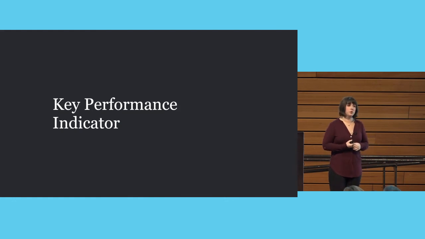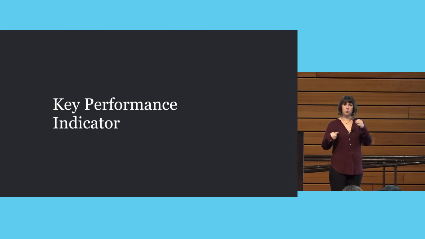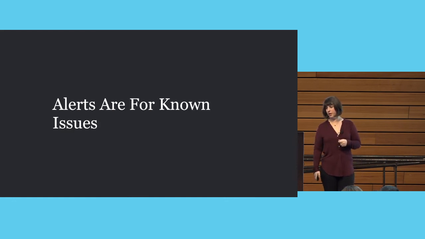You also can set up alerts for key performance indicators. If you're running in a system that's supposed to be really, really fast and using something like gRPC, which is really real time, really low latency, and all of a sudden you're seeing 1 or 2 seconds between those things that should be taking 10 milliseconds, you probably want to alert on that as well.